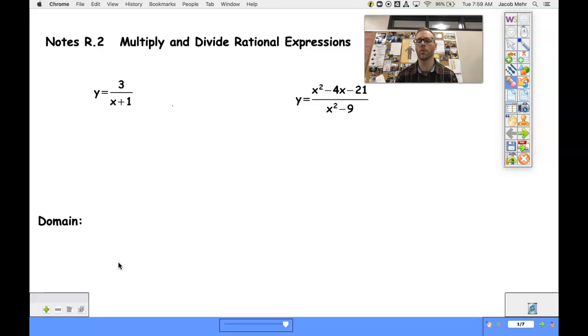In our last video, we worked on solving rational equations. There was an equal sign, we were trying to find the solutions. X equals what, or X equals what, that type of thing. Well, today we're going to mostly get rid of that equal sign and work on simplifying when we are multiplying